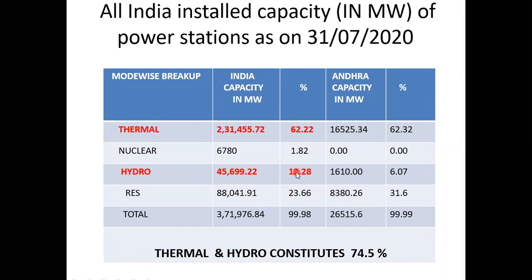So this is nothing but a generalized doubt. But the thing is, RES is not actually a single source. RES is nothing but a combination of a number of sources. It may include solar, wind, biomass like this. When we are taking a number of sources, then automatically we will get a number of constraints. When the number of constraints or conditions increases, then automatically solving this problem becomes complex.